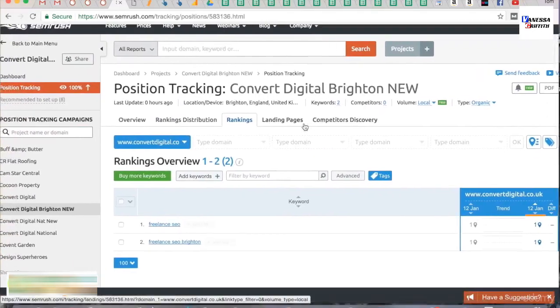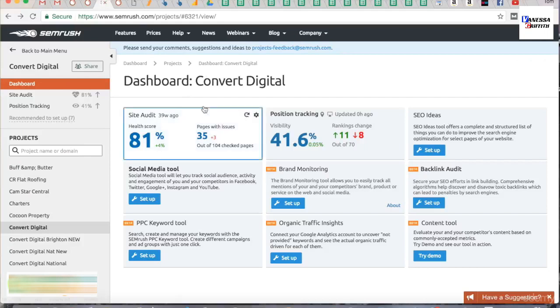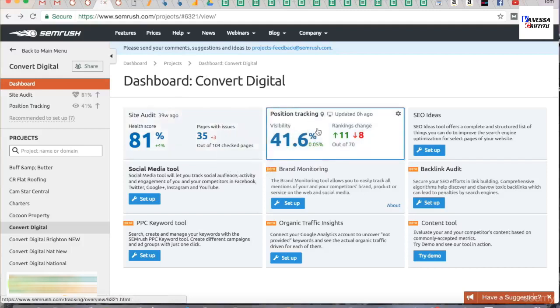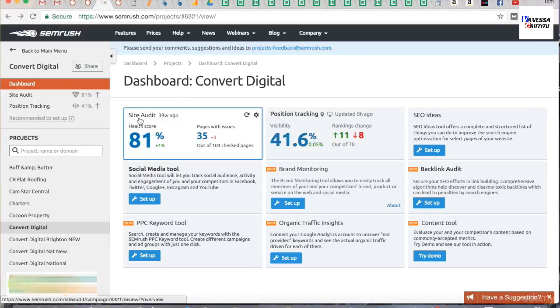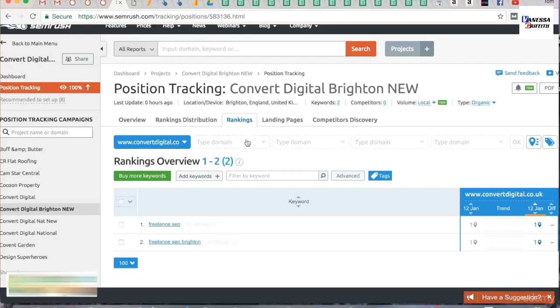Next thing you're interested in doing is clicking on the project, your actual project, so it pops up like this. This is one I've already done, as you can see, set up 39 weeks ago. So that's all your keyword area, and you can go in there and see your keywords. But we're going to jump in and look at the site audit in a moment. Now, quickly, if you were interested in how you actually set up the site audit,